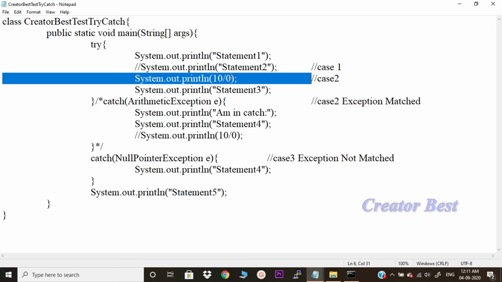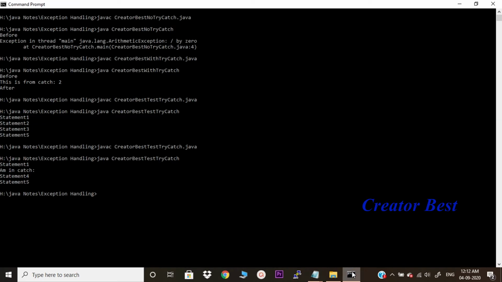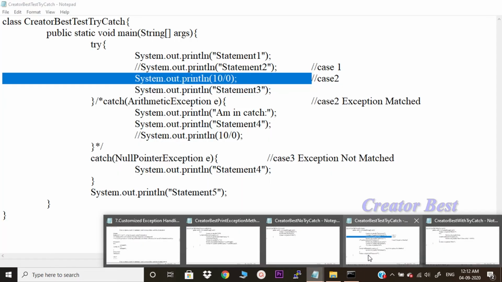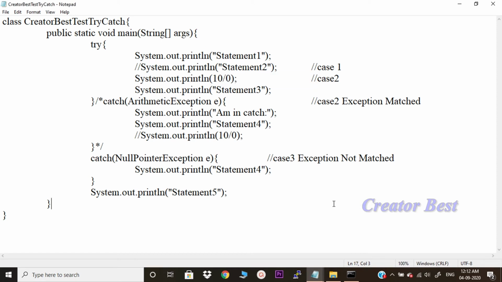We are raising an exception, and we wrote a catch, but that catch is not matching the exception statement. Let us execute this program. See, only statement 1 is executed. Let us try and understand the program.